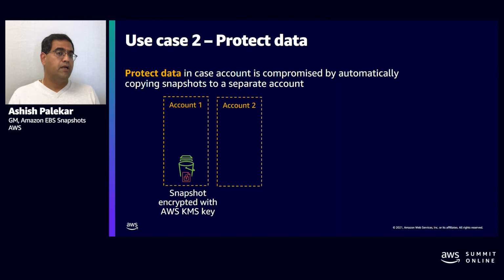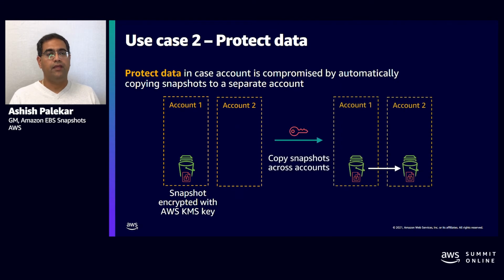For those that don't know, a couple of years ago, we launched a new feature that allows customers to copy encrypted snapshots, specifically snapshots that are encrypted with customer managed keys, CMKs, across accounts. So in this case, you have a snapshot that is encrypted with a KMS key resident in account 1. You can share the key from account 1 to account 2, and then you can copy the snapshot into account 2. And in account 2, you can use a different key, you can lock permissions down, and that way others don't get access to that snapshot. So this is another common pattern that we see customers doing.